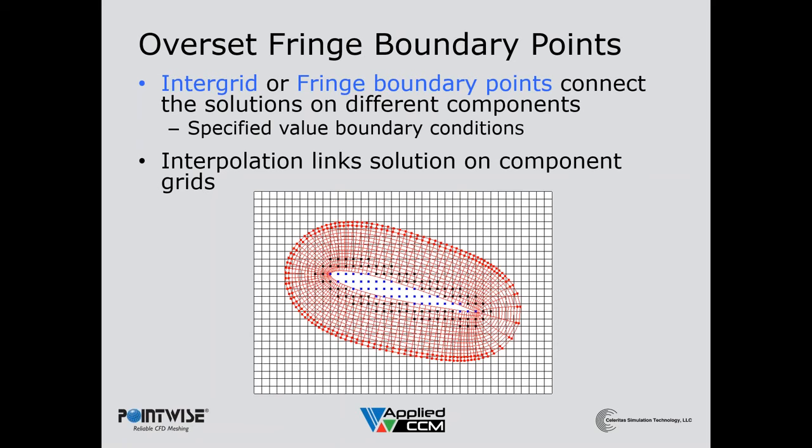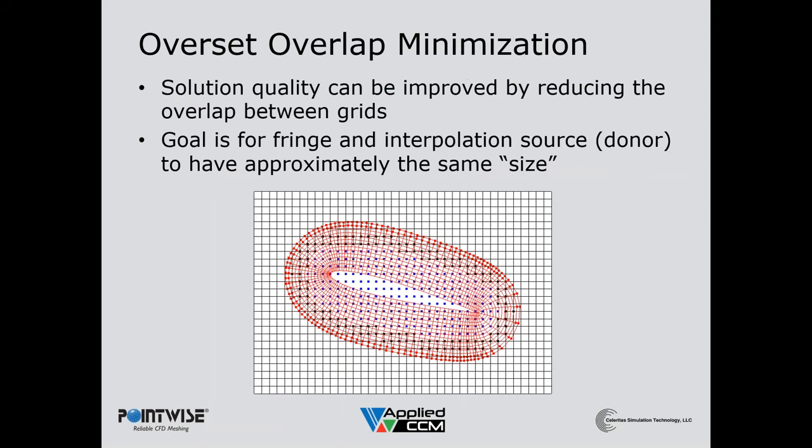So you can see in the picture the blue hole points, and surrounding them are the black fringe points that provide boundary values to couple the solution from the airfoil mesh to the Cartesian mesh. You can see the red dots, which are the fringe points at the outer boundary of the airfoil mesh, and these fringes will couple the solution from the Cartesian mesh to the airfoil mesh. That provides a valid overset assembly and sets domain connectivity information to be used for a flow solution.